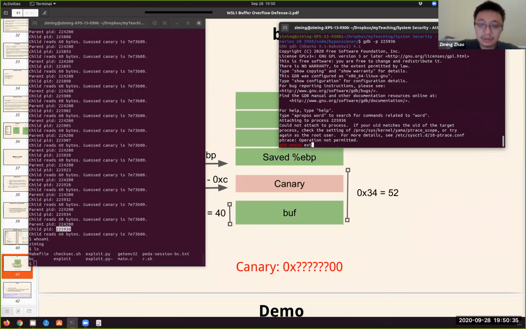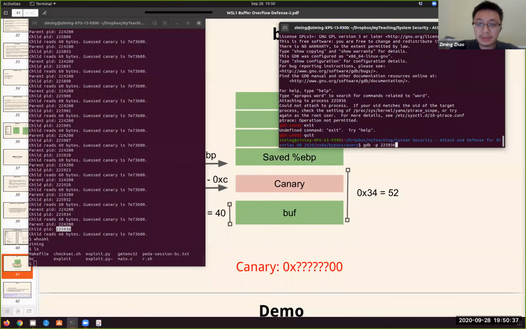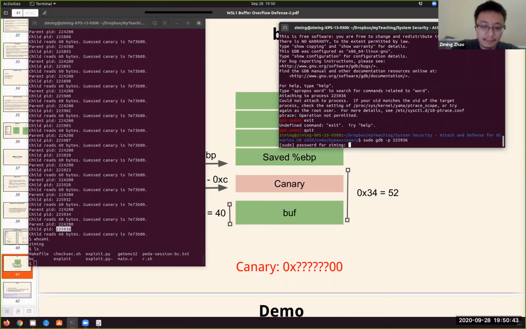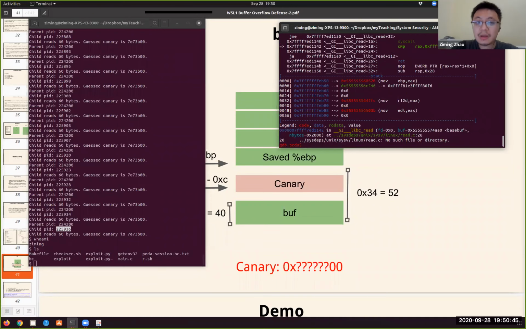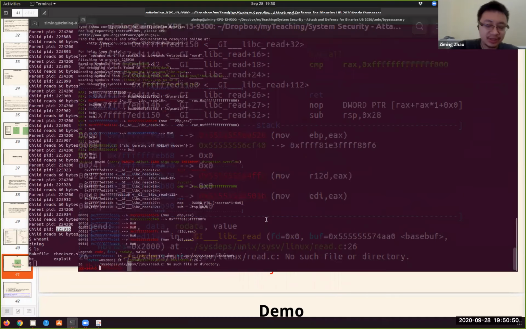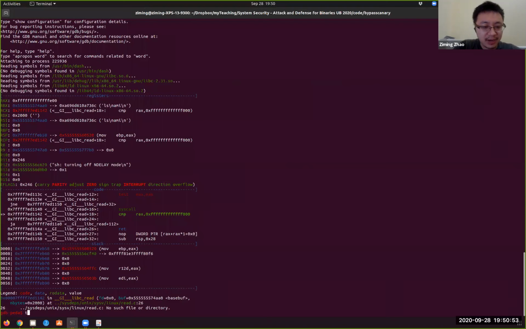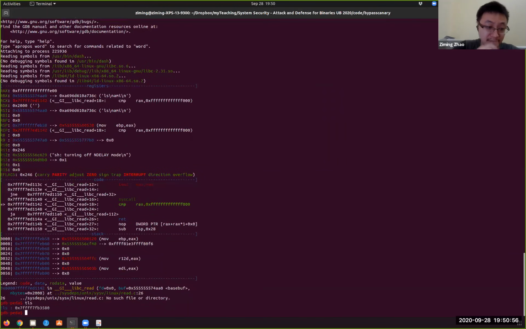Oh no, we need a sudo to attach it. Okay, so now we attach to this process, the child process. It doesn't really matter which child or the parents. We just want to check if our guess of the canary is correct. Now we do this, then we do this address plus what? 14, right? So the value we're expecting is at